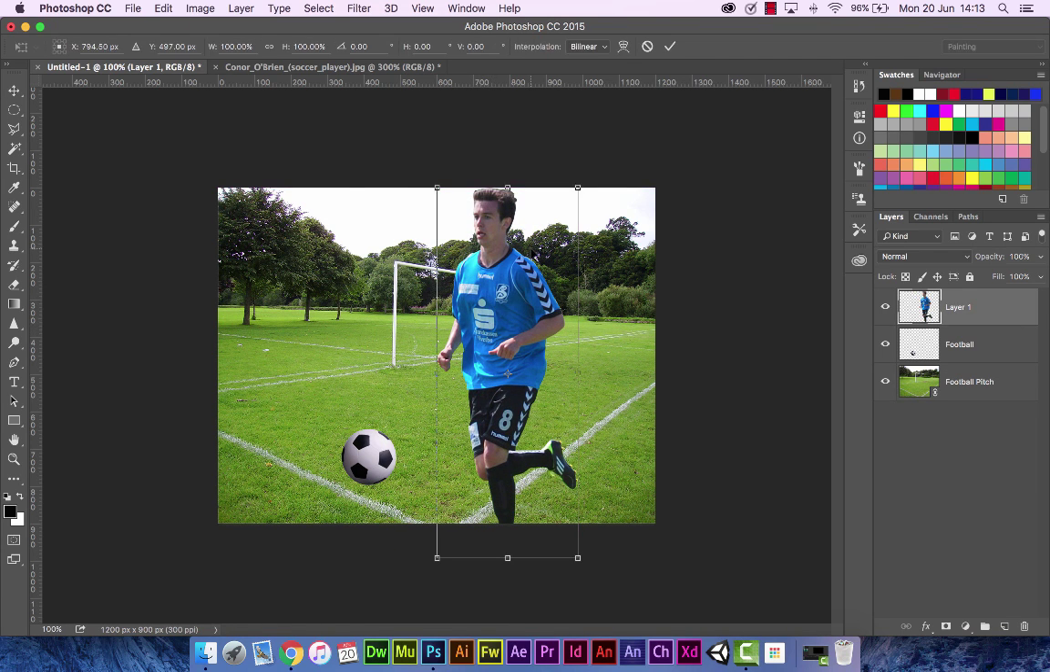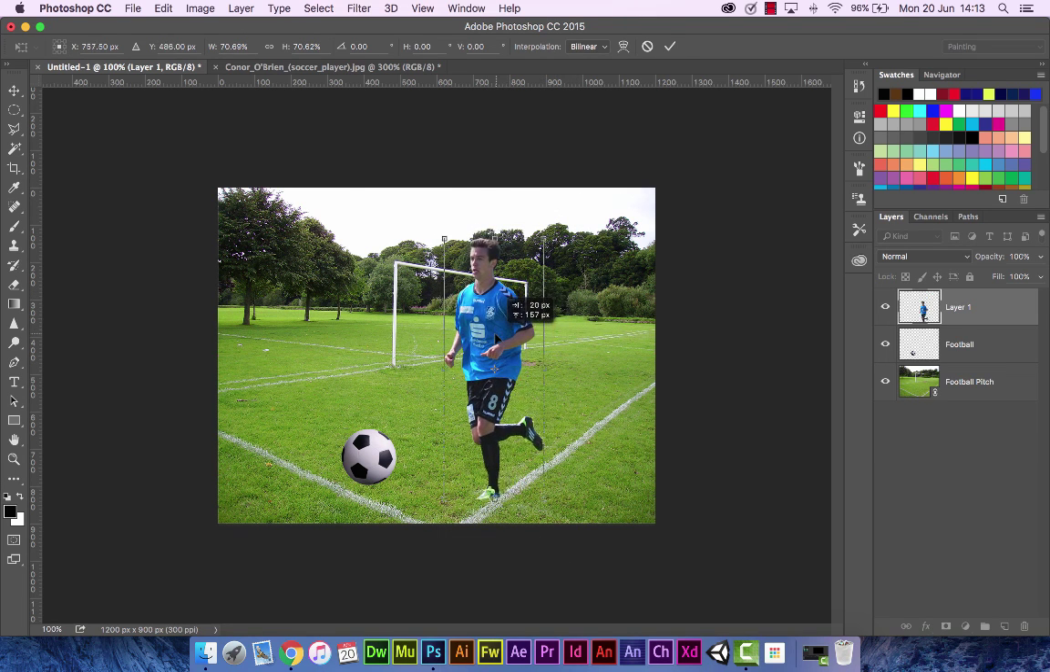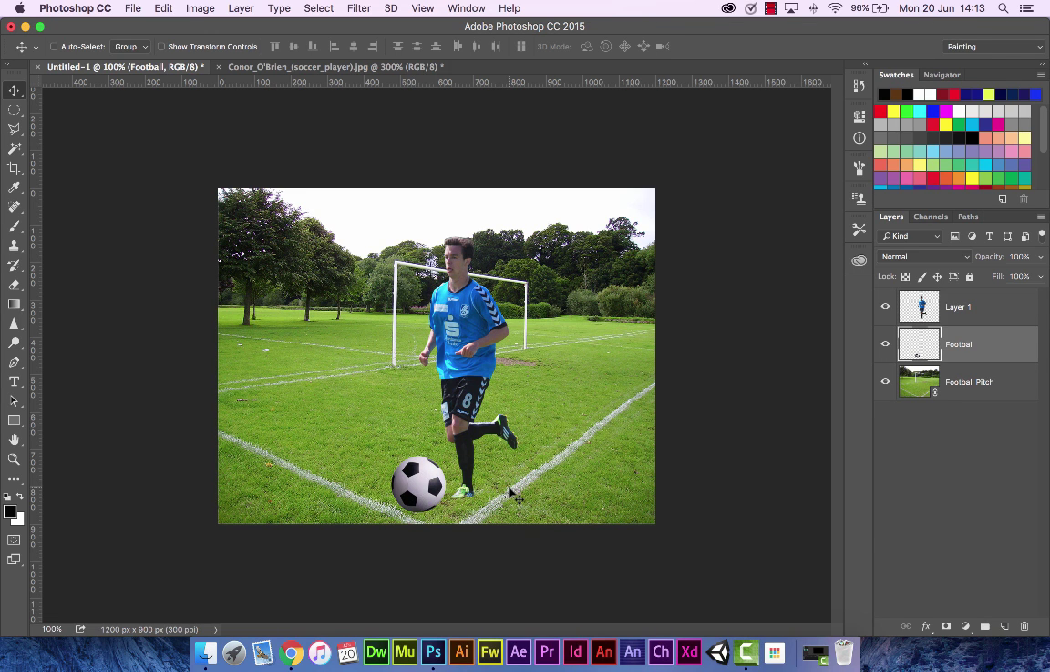Again, Control or Command and T to transform. You can see that in comparison to the footballer, it's out of proportion. So I'm going to reduce that down to, let's see what 75% gives us. Take it down to 75%, and there we go. Right, you can see there the ball goes behind the player. To amend that,